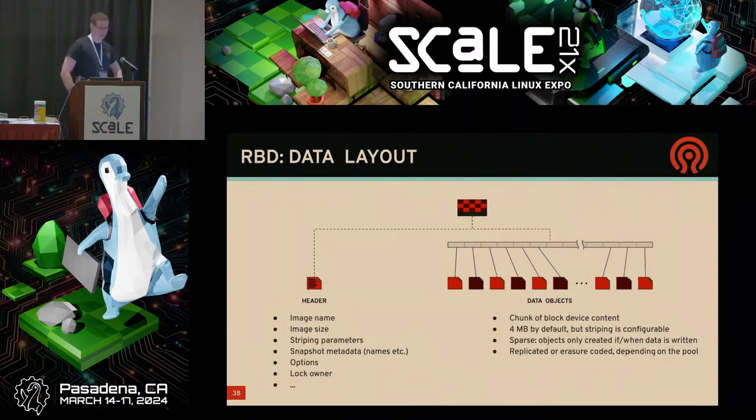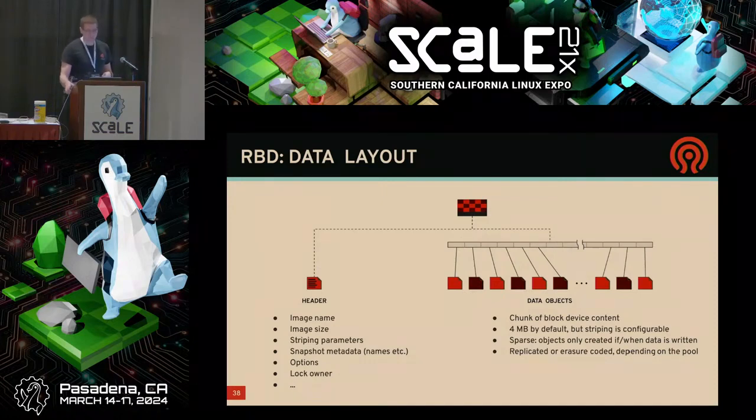Okay, so we've got a picture of the data layout here. On top, you've got your virtual block device, with the little header which says here's the name, here's how big it is. We've been talking about chunking data up into 4 megabyte blocks. You can do more complicated things, but rarely care to, but that's the striping. When you take a snapshot, you give it a name. The header says, here's all the snapshots and what their names are,